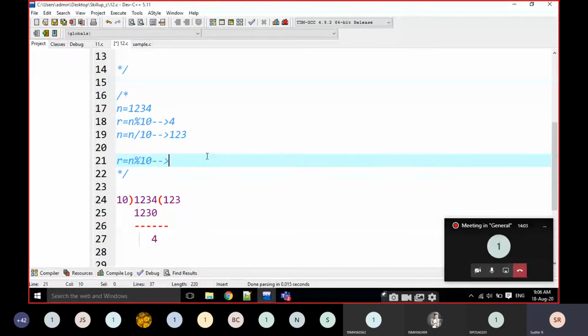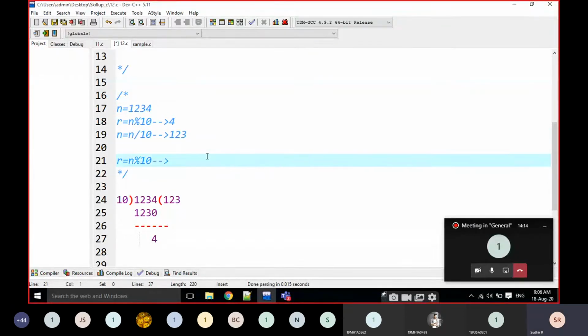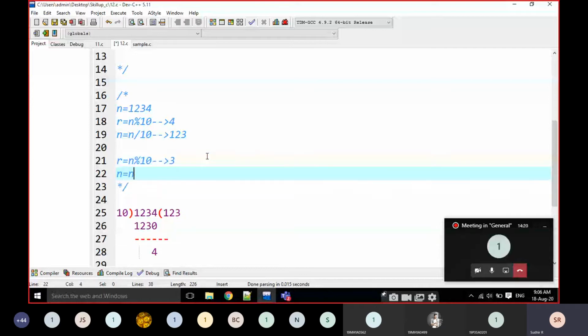Now what is the R value? N is modified here. What is the new R value? N mod 10, 123 mod 10. That is going to be 3. Then n is equal to n by 10. What is the new n value?